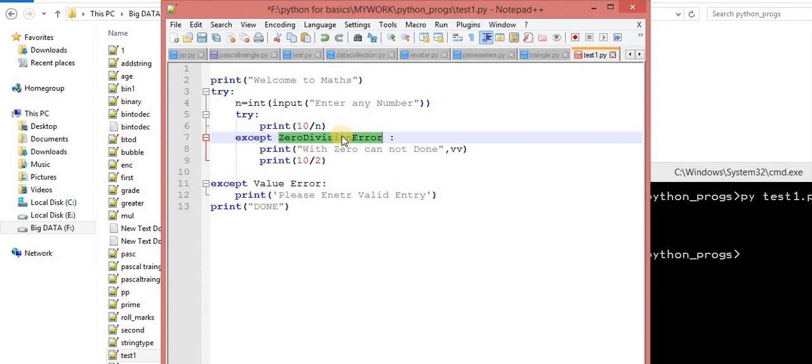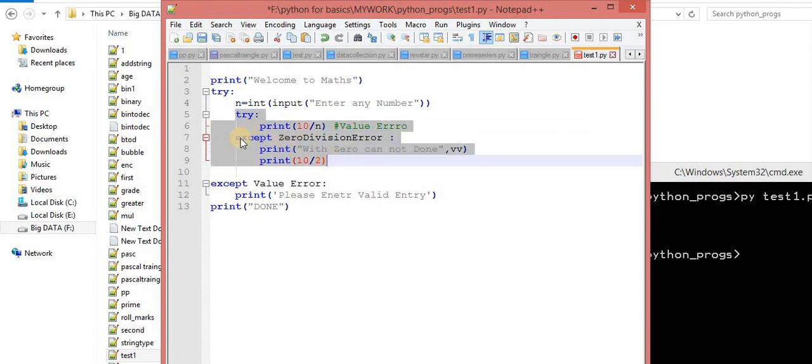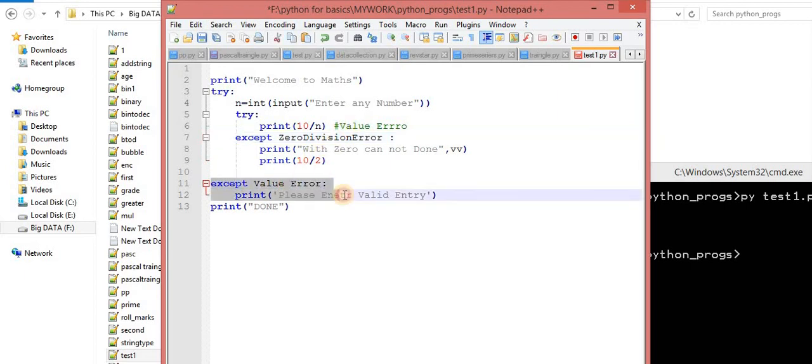Let's suppose, now understand this scenario. If this exception is not matched here, the error came, that is the value error. Now if I clearly observe it, this try is associated with this except. This is the zero division error, but the value error I am getting over here. So what will happen? We won't get the error over here. It will automatically find the associated class in the next except block.